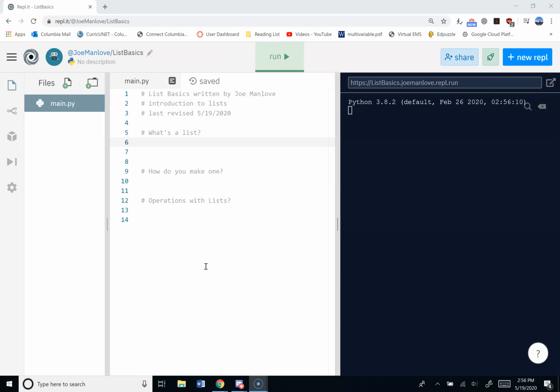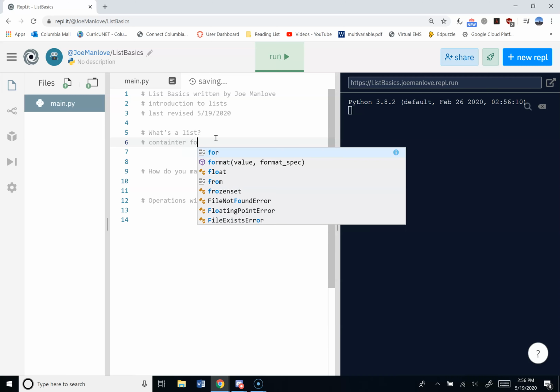All right, folks, let's talk lists. So this is just the basics of lists. A list is a container. So I'm starting with what's a list, right? A list is a container for